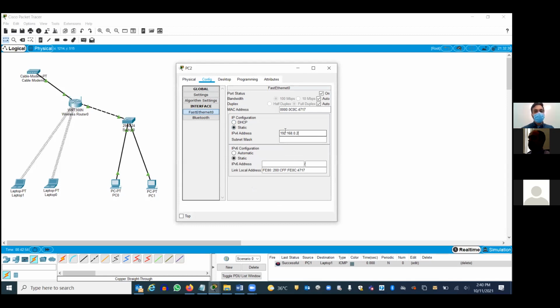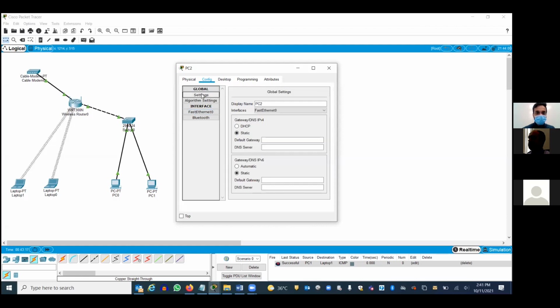So I put 2. I cannot put 1 again. So let's put 2. The subnet mask is automatically 255.255.255.0. One I'm using for the router, so I'm not going to use it. Like I mentioned, you have to specify the gateway, right? Who is the gateway here? The wireless router is your gateway, right? So I have to specify the gateway. Go to settings here. What is the gateway here? 192.168.0.1. Very good. Correct. So I have to give the route. Otherwise, how will the traffic go from that PC? Correct. Is it clear?